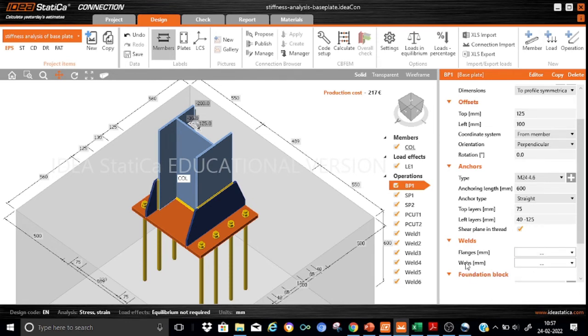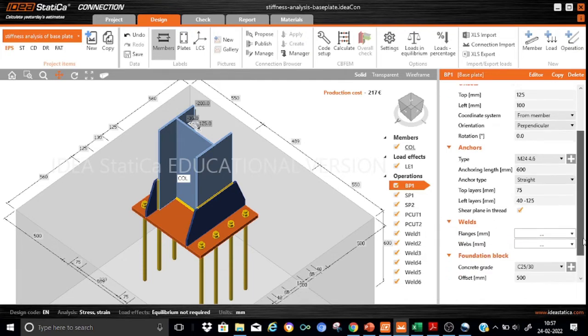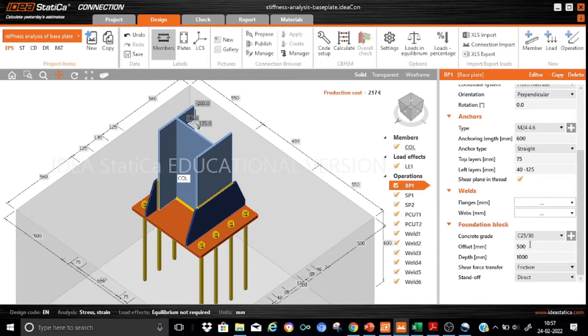and what we do is that we use straight away a 6 mm both-sided fillet weld for connecting the web of the column to the base plate. Now coming to the foundation block, it is of grade C25/30, and the edges of the foundation are kept at an offset of 500 mm from the base plate with an associated depth of say 1000 mm, and the shear force is assumed to be transferred through the friction mechanism,